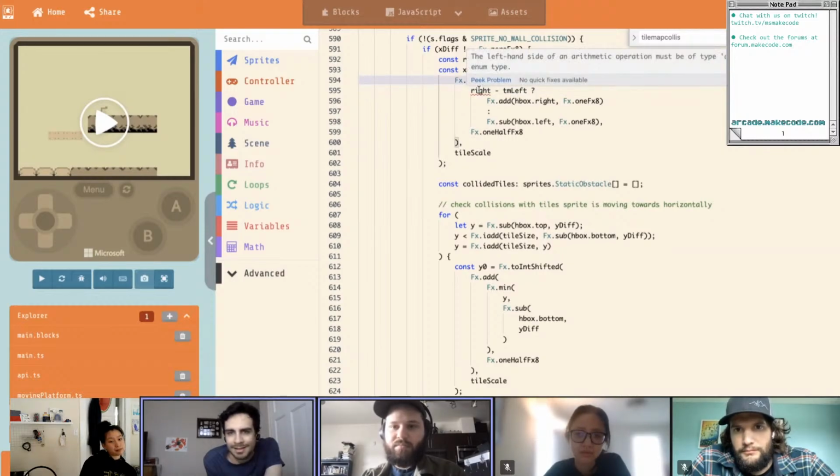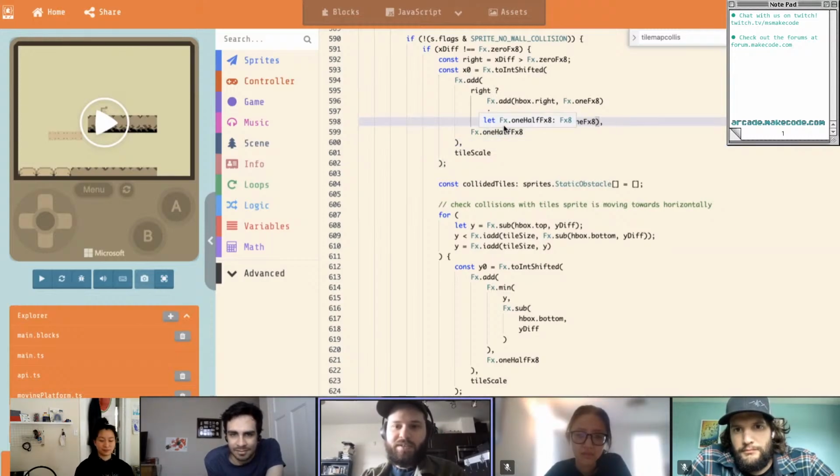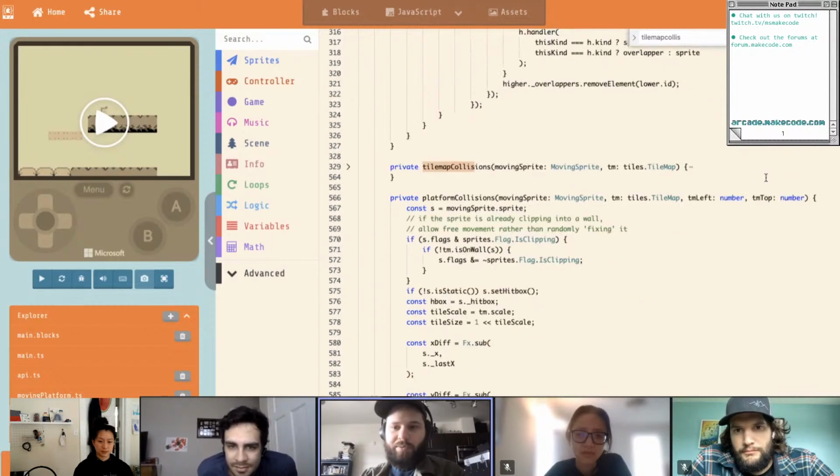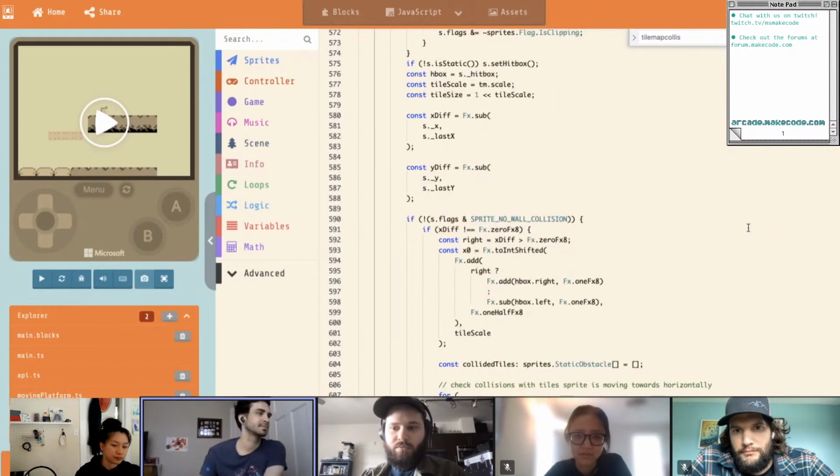Is that an FX8? No, that's a boolean. Like that's saying is this going to the right? Gotcha. So right here, we're going to do that. Well, this is an FX8, right? Yeah. So we should probably just take an FX8 here. Which is fine,